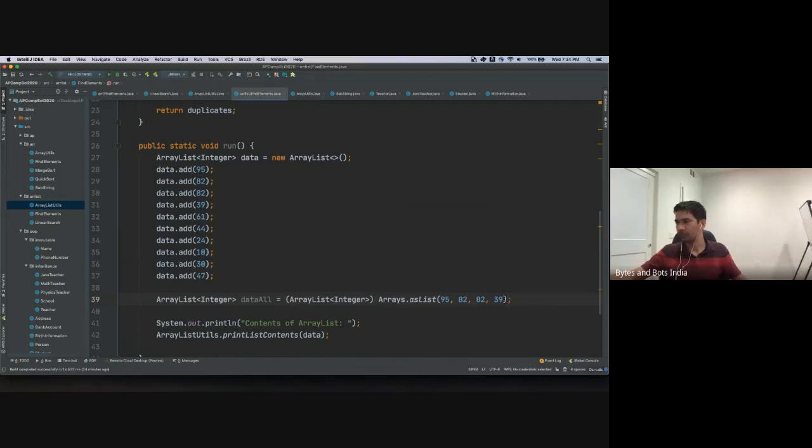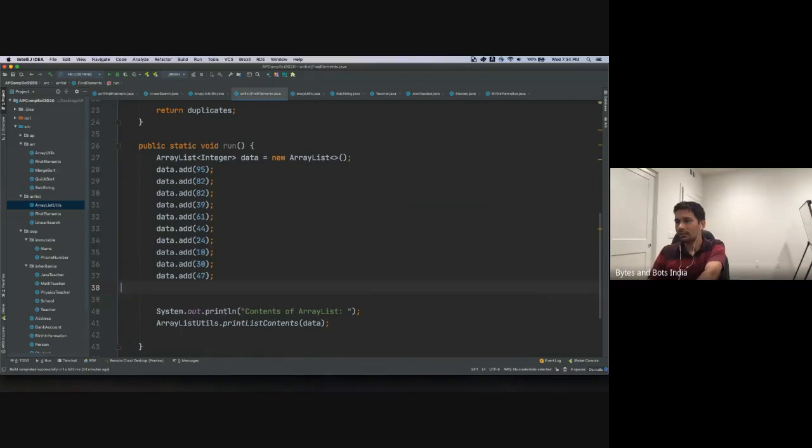Yeah, so there it is. It will let you create an array list in one shot. But this is not in the syllabus, so I didn't go over it. There's a way to do that, especially in modern Java. So let's stick to